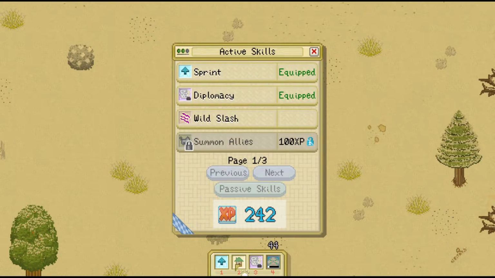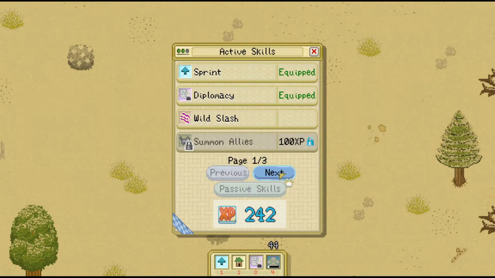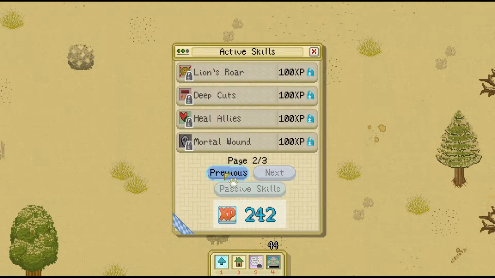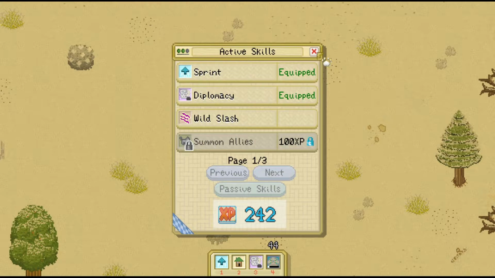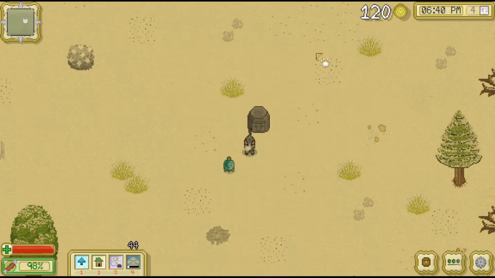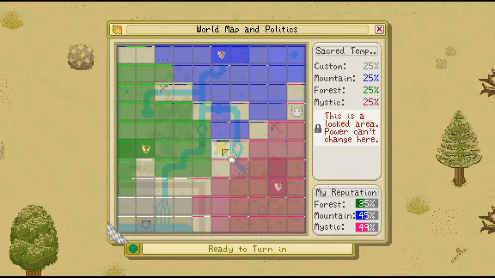That's not important. So I have diplomacy. I wasn't sure how it worked, but I've been using it, and I do like it somewhat. I had the general idea that I felt we needed that one so we can expand our influence or territory. I'm guessing it's not going to work wherever the influence or power is locked, but wherever else